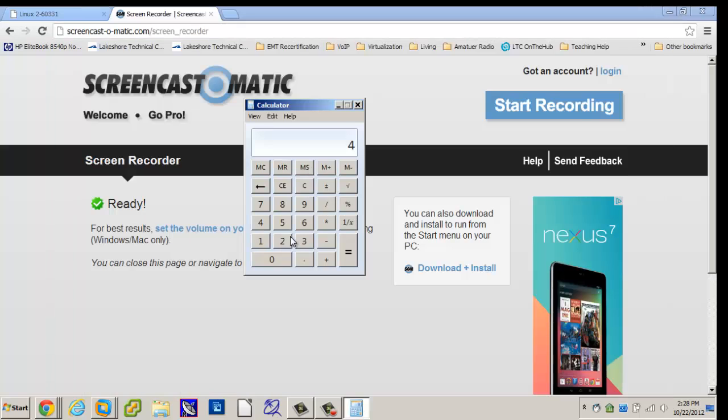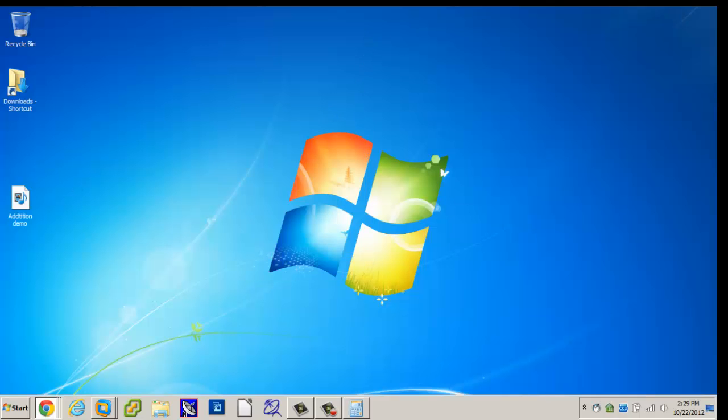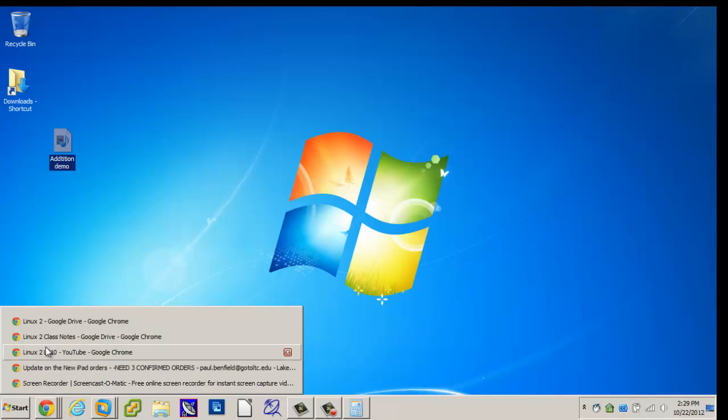But once you do this, once I click OK, you can't go back and say, oh, I want to do this with the file. If you saved it to an MP4 file, you can still certainly upload it to YouTube or convert it to a different file format, but then you have to do that on your own. Once you have the file, the Addition demo, then you'd go back to